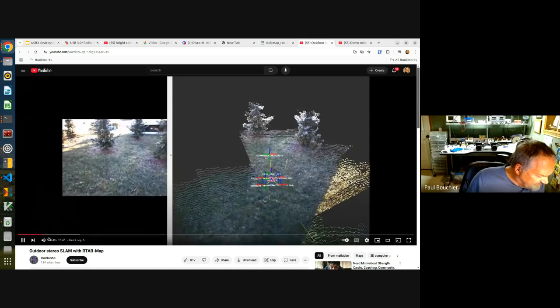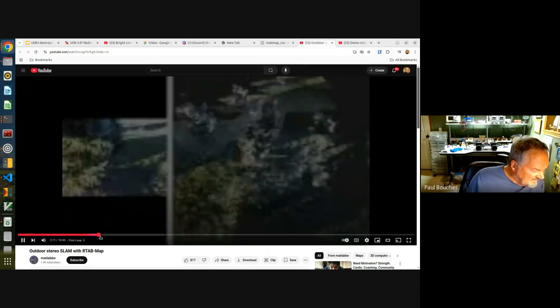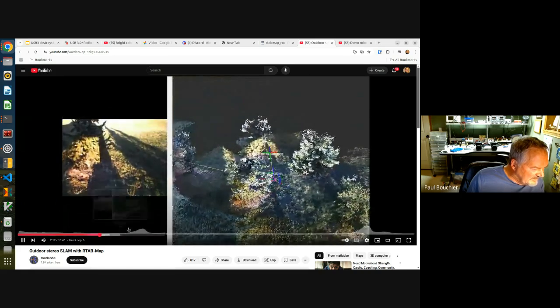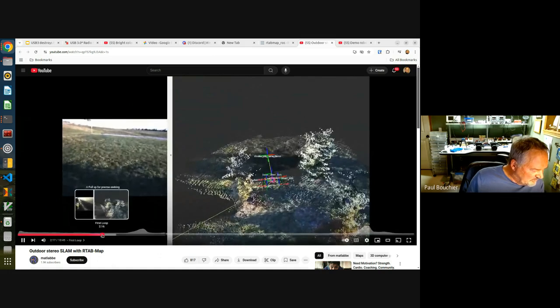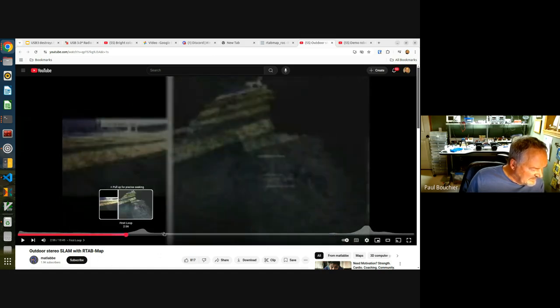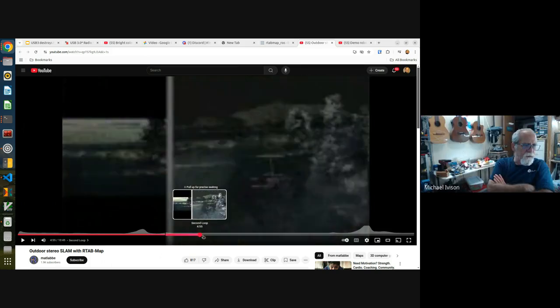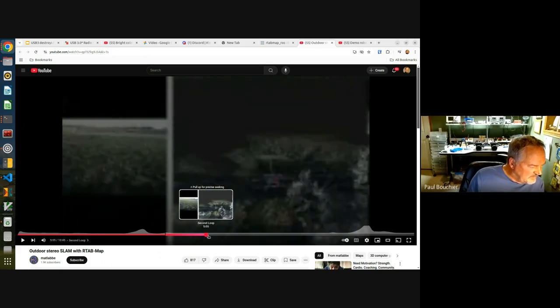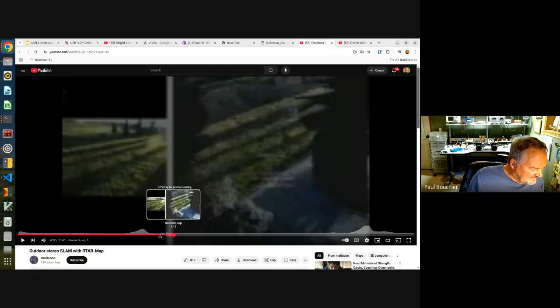And just in the interest of time, I'm going to speed this up and go forward. So they go walk among the trees, and it finds the trees. But what's most interesting is when they get to the 3D model of the ground. And this pertains to what Doug said or suggested as an advanced challenge for RoboColumbus to use